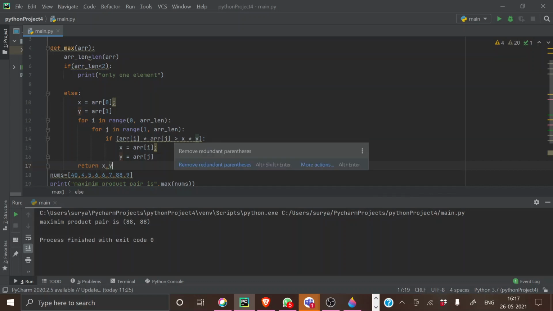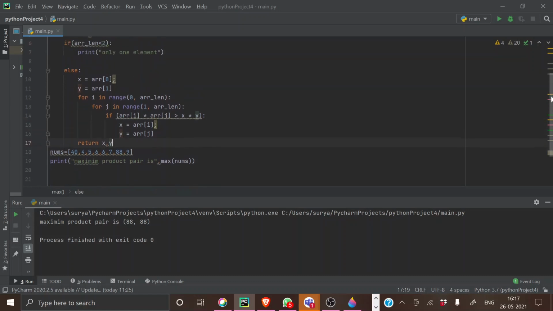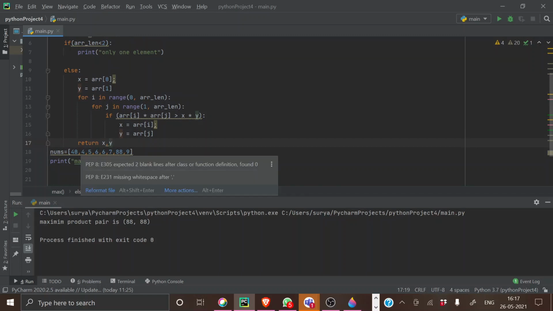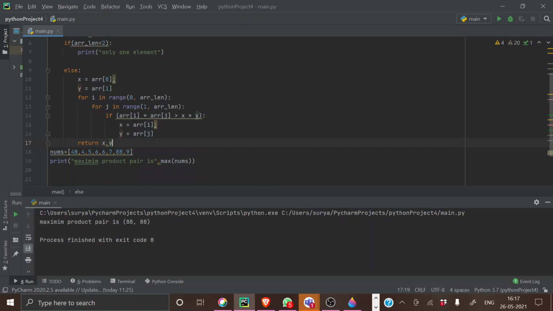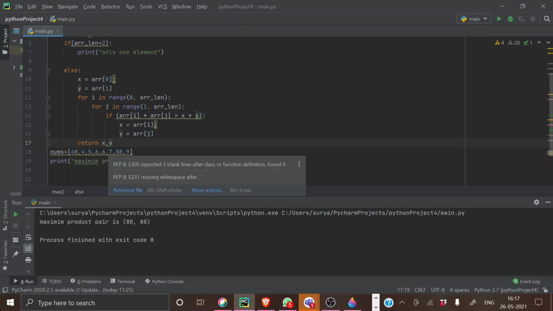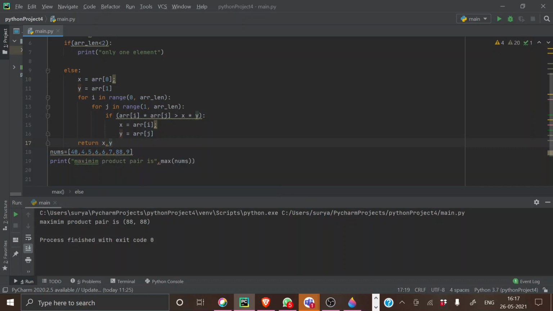So I want all of you to do addition and a subtraction part. I have done multiplication here. In subtraction, I need the highest value of it. Like if I'm subtracting 40 minus 4, I will get 36. And if I get another number like 40 minus 40, that will be 0, right? So I want the highest number of it. You should not find the lowest value, you should find the highest value in the difference of two pairs. You understood this?